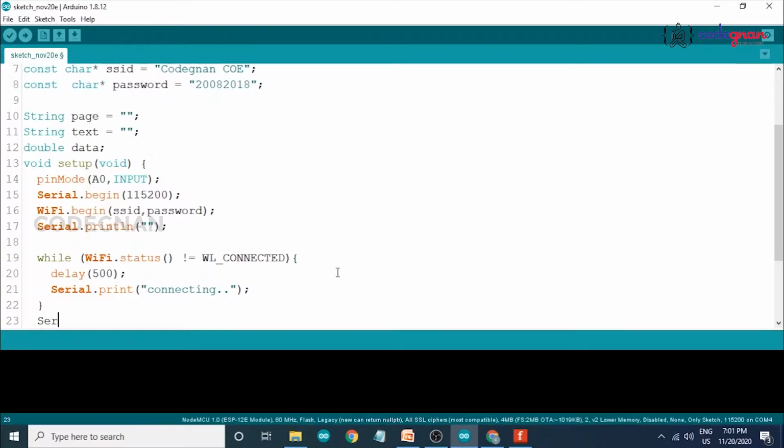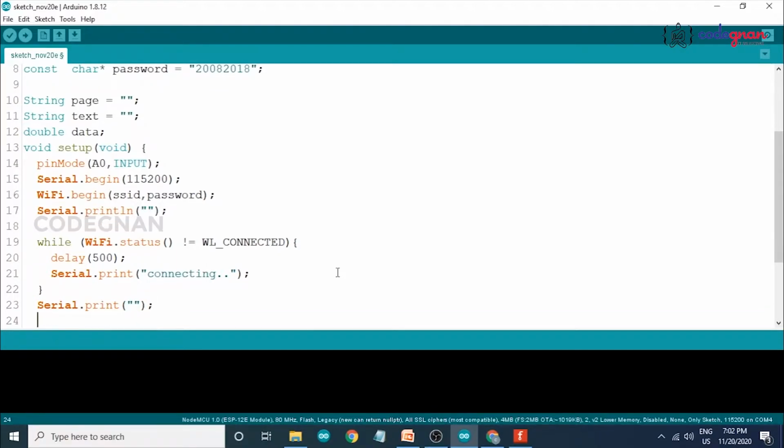Now Serial.print some space. Now print the message that it's connecting, so you can easily find whether it's connecting or not. Here we can give println for it, to print in the next line.